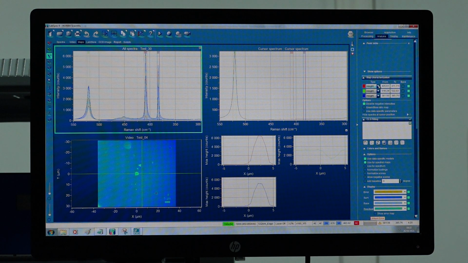So for example, if I set all the three to height, and from and to are selected by the cursor definition that I made on the spectral window, you can see while going from one end to the other end, for the red peak, it increases as it approaches the MoS2 material, and then it again decreases as we move out from the material, as we had selected the line profile to be.